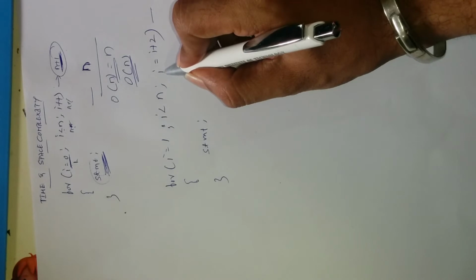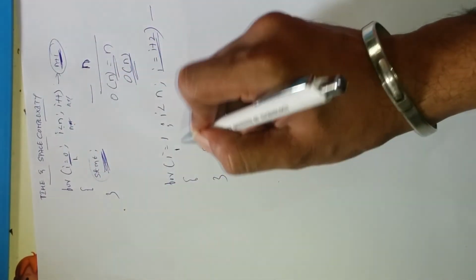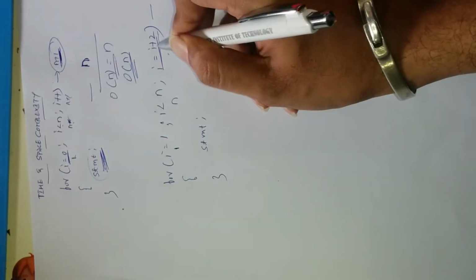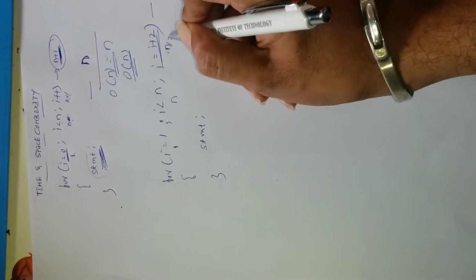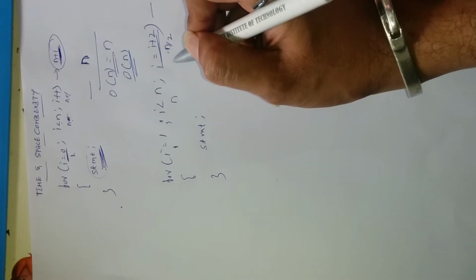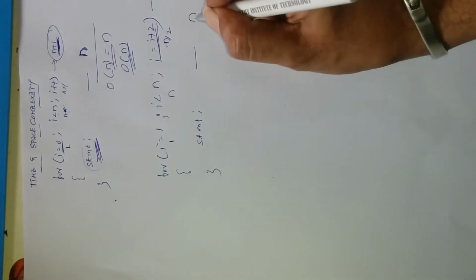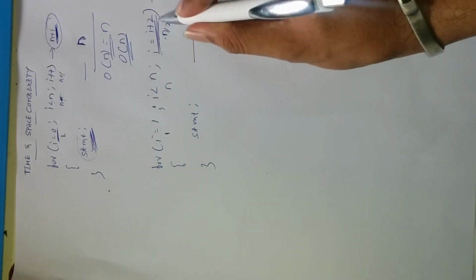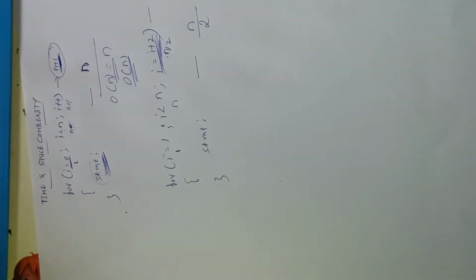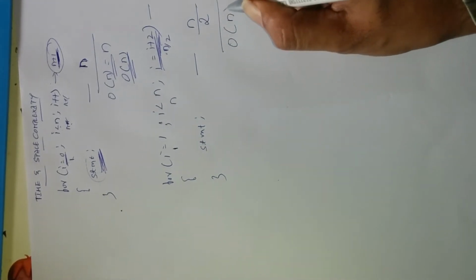What is the value? See here, we have to use this one. Here i equals 1, giving the value 1. i less than n means n times. What about i plus 2? That we call n by 2 times. Correct? This is n by 2 times. So how will you write the statement? The statement will be n, order of n. The value of i equals i plus 2 is n by 2, so we consider this as n by 2. Clear? So finally, the order is n only.